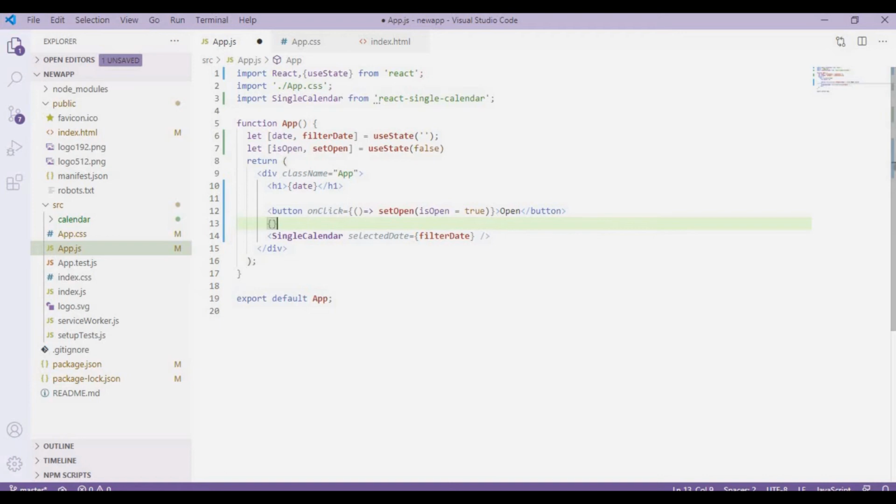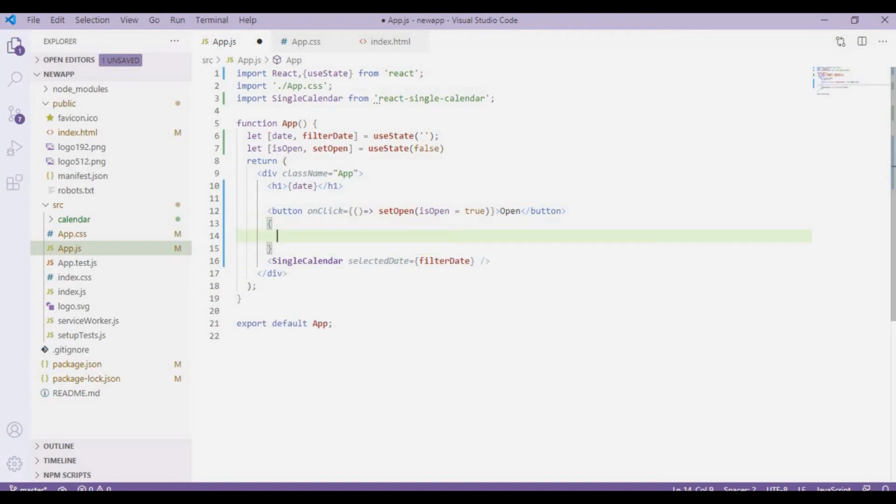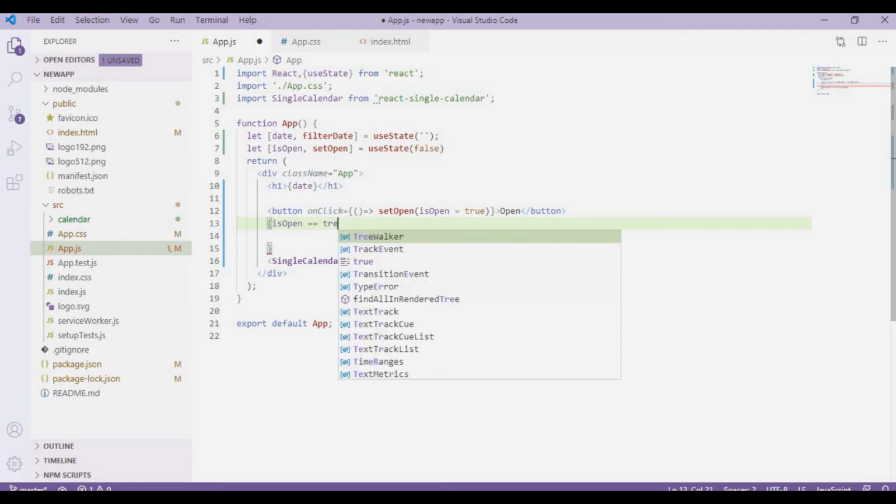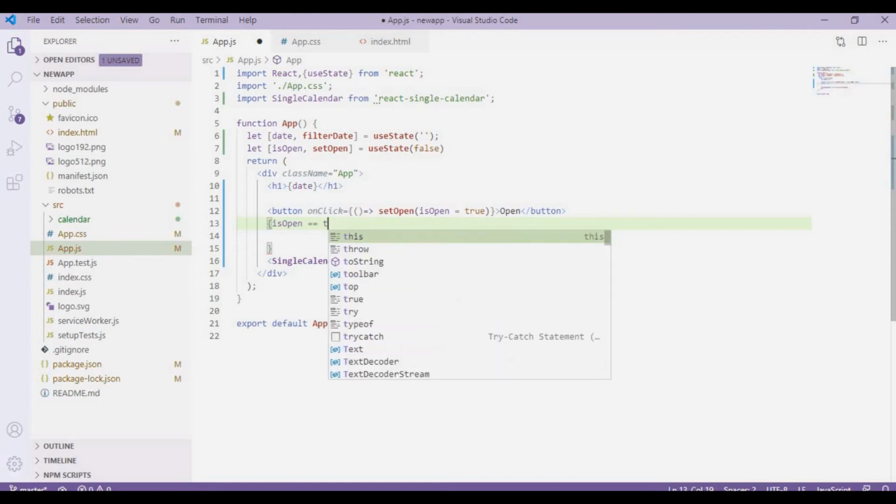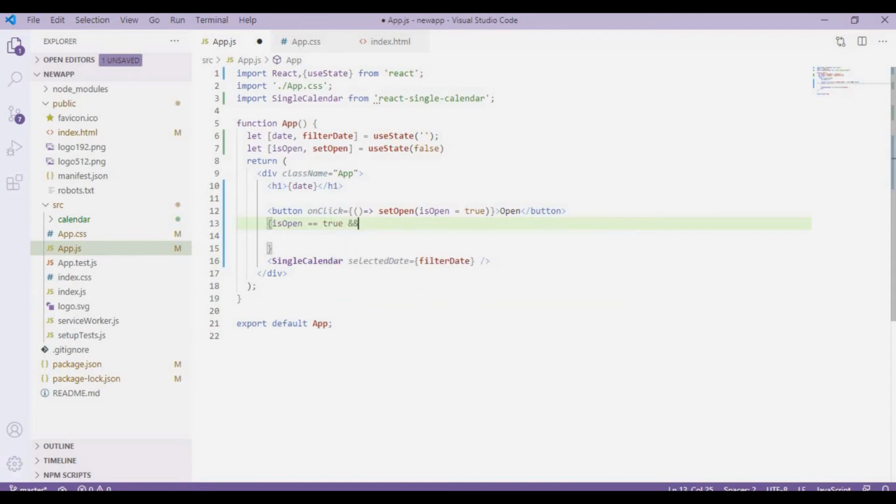So I'll take curly braces, and inside the curly braces I'm going to check the condition open equals true, and then I'm going to open this component, this single calendar, cut and paste it over here like this.